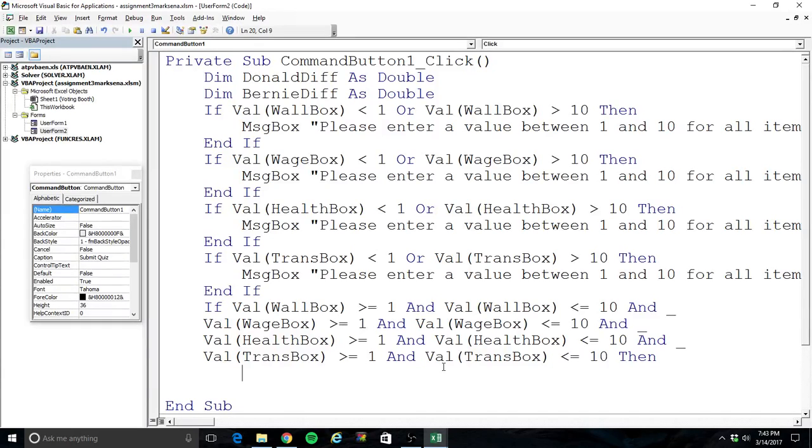So I'm going to compute Donald diff, and I need to have a series of absolute value statements because we don't want variations to negative and positive differences to cancel each other out. So I'm going to do absolute value of, and I have to now come up with how Donald Trump would answer these questions. So the first question was we should build a wall, so that would be a 10. So I'm going to do 10 minus wall box